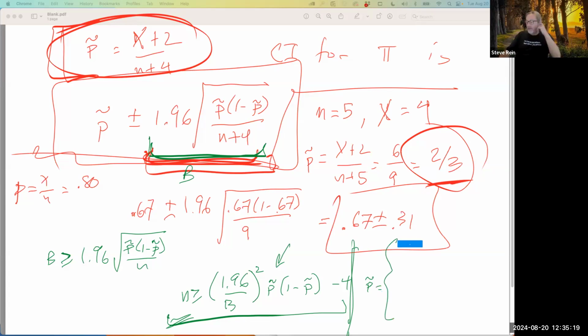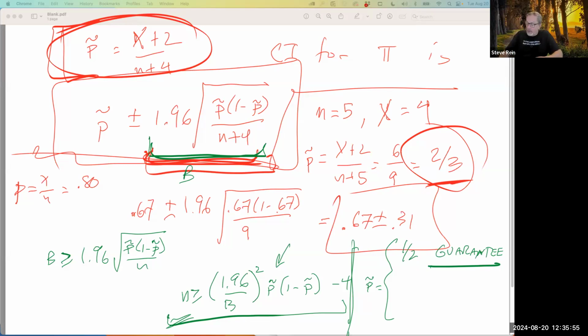Starting at the top, what if you have no idea at all what value pi is? No idea. And you want to guarantee that your bound B on your margin of error is hit. Use a p tilde of exactly 1/2. So that's a guarantee. It will get you your target margin of error, or even smaller. So your n should be set that way. Just plug in 1/2 for p tilde.